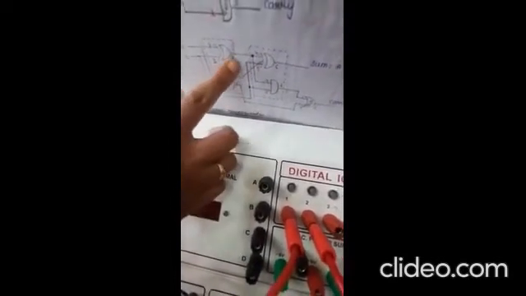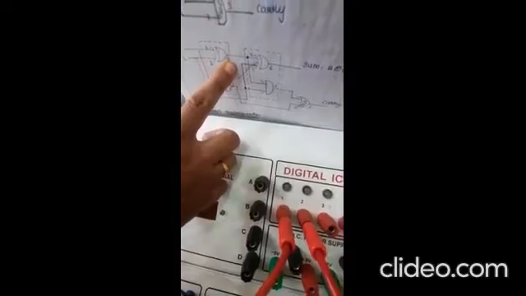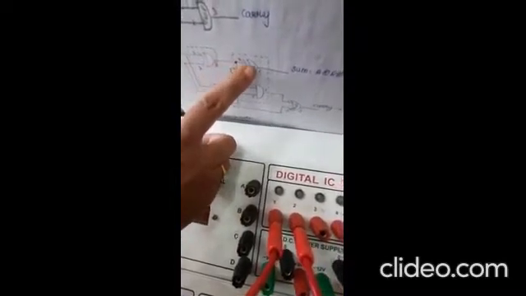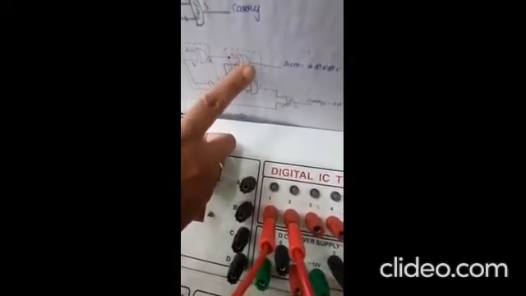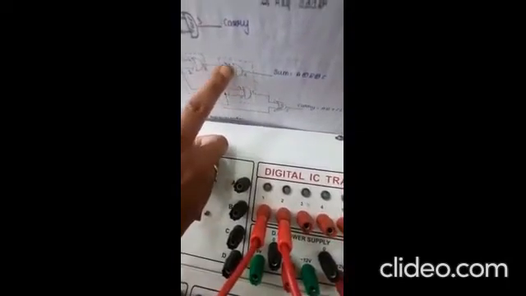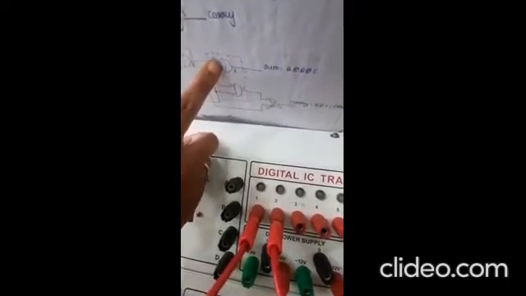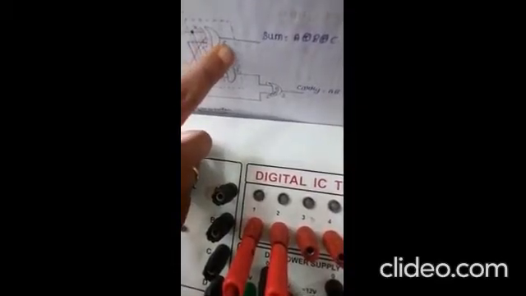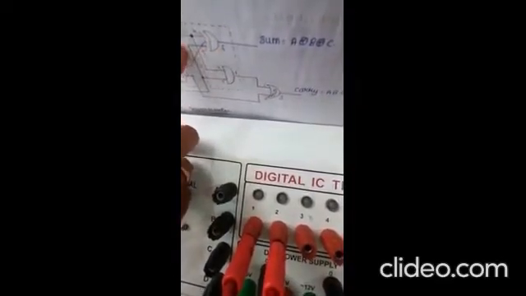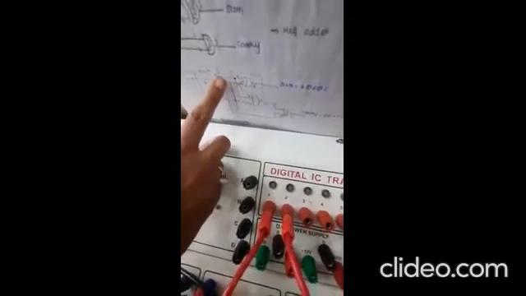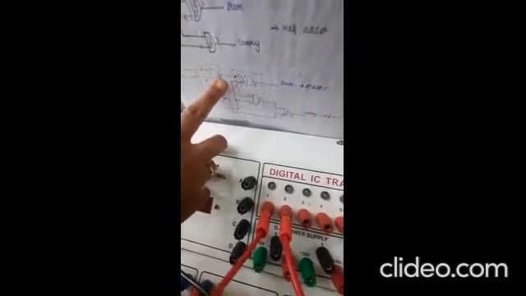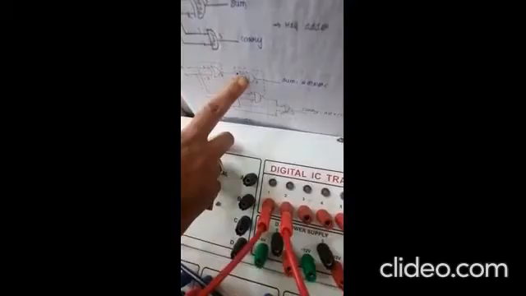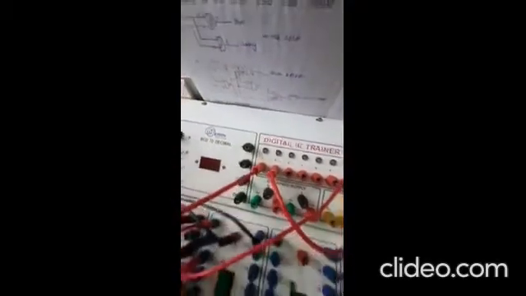Okay. So this pin number 3 output of the XOR gate, now I have to give as input to the second XOR gate. So in the same IC itself, we are going to use the next 3 pins, where pins 4 and 5 are your inputs to the XOR gate and 6 is going to be the output. So now I am going to make this connection, that is pin number 3 of my XOR I am going to connect to pin number 4 of the XOR. Look at here now.